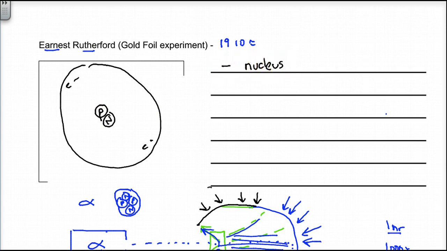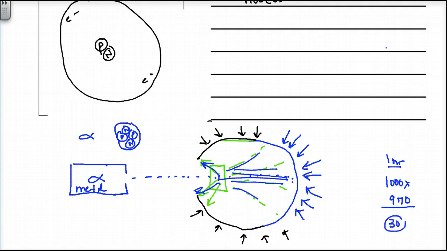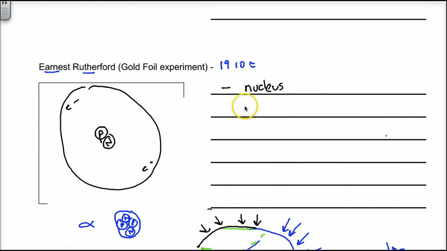Now, how did he measure the actual distance? By probability. How many hits bounced off, and the deflections and the angles. He was actually able to figure out the probability of deflections and angles to get an actual distance, which was, I believe, 1 times 10 to the negative 10 meters. In any case, he discovered a nucleus, but more specifically, he discovered that most of the atom is empty space where the electrons roam. Okay, and of course, he discovered that the nucleus